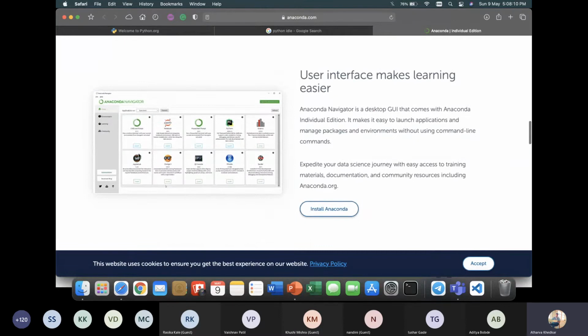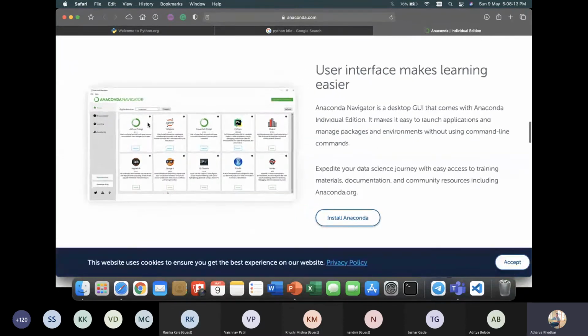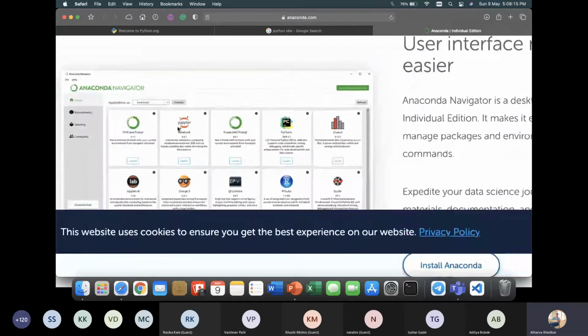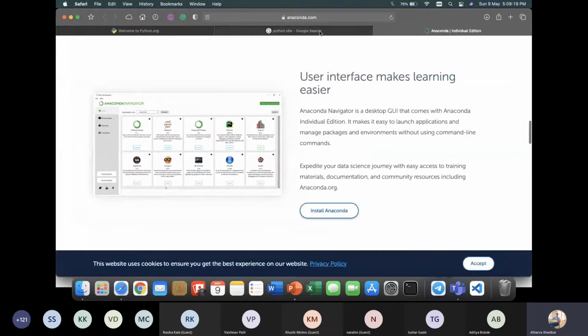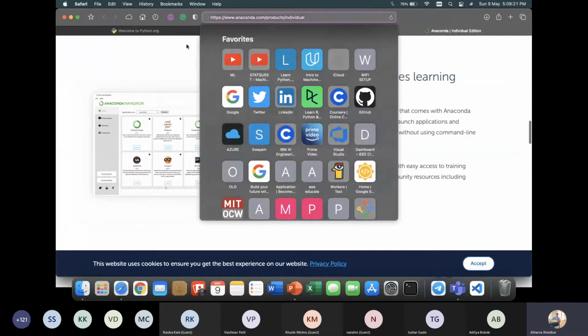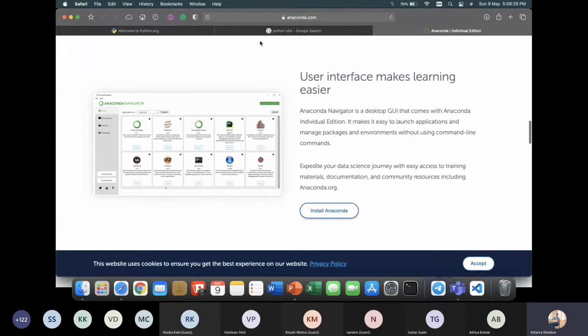So I'll show you how their GUI looks. It downloads Python, so you don't need to download Python externally. What you have to do is just go to anaconda.com and go to their downloads page. Once you download Anaconda Navigator and you boot it, you will see a menu like this.